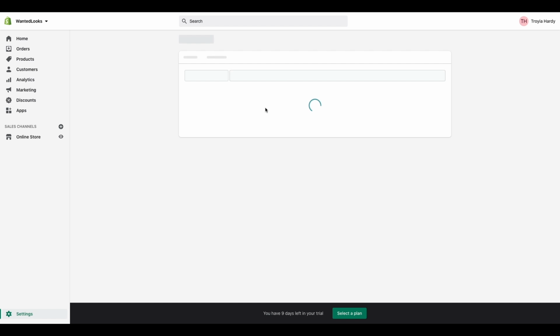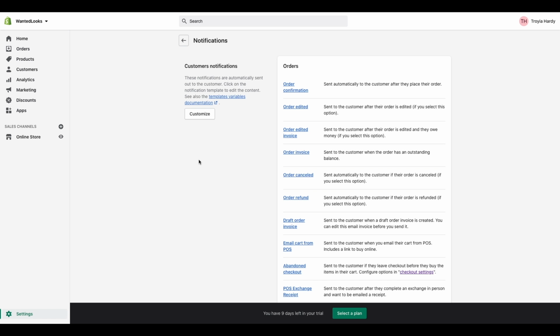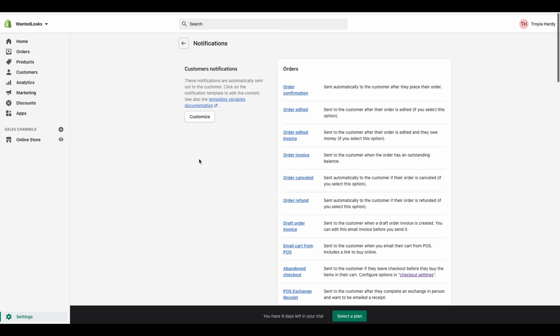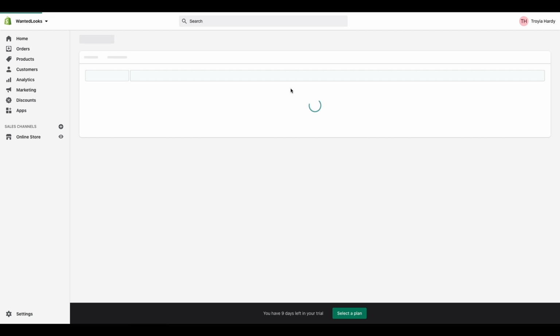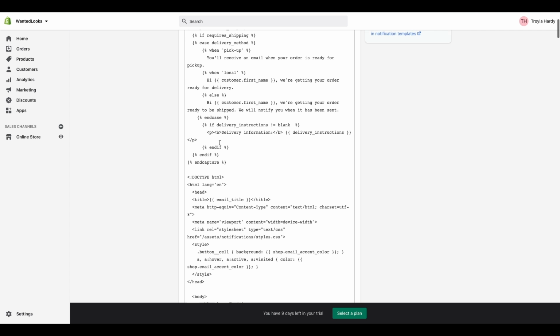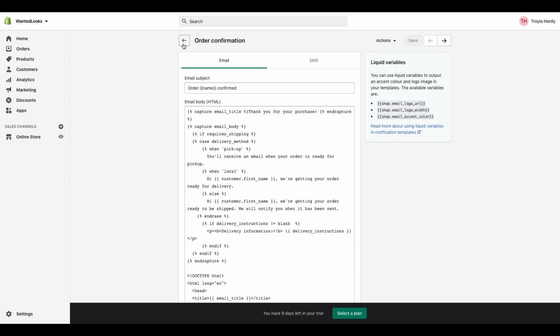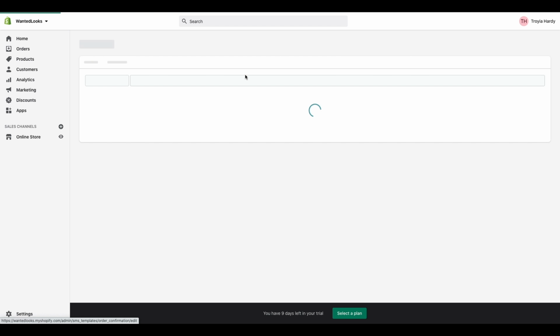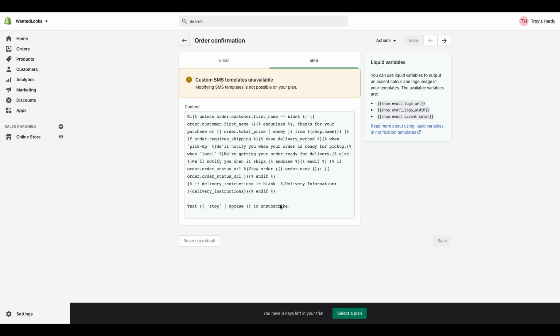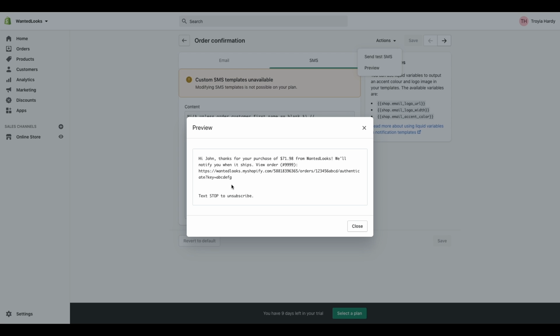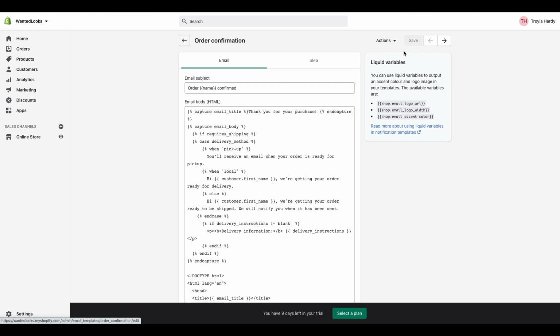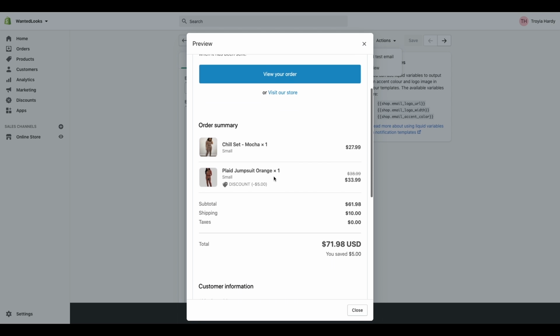Next, we're going to hop into notifications. So you can completely customize the way that your customer receives notifications. So they give you different options as far as your order confirmation. If you wanted to send them a particular type of email when their order is confirmed, you can do that. If you want to send a different type of SMS or text message once their order is confirmed, you can do that as well. You can preview it to see how that is going to look. So this is what the text message would look like. And then over here, the email, this is what the email would look like when your customer orders from you,